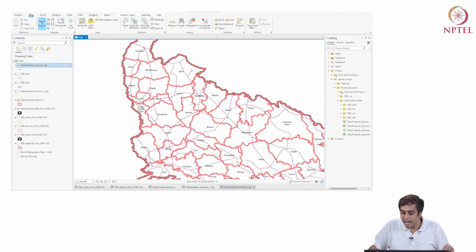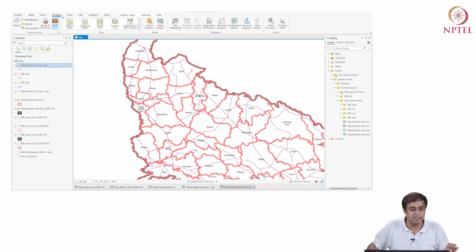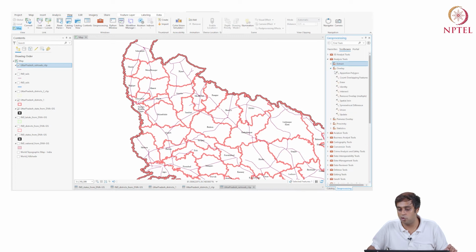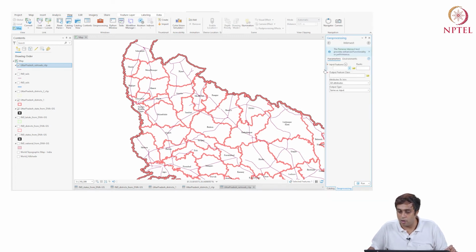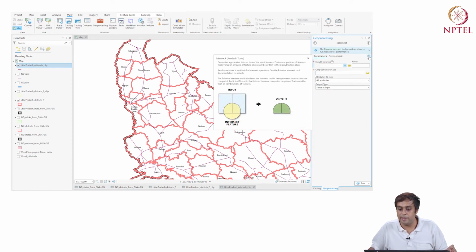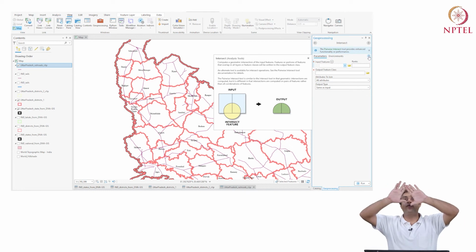Okay. So for that, I will go back to my analysis, my view, my geoprocessing. Under analysis, I have this tool under overlay called intersect. Let's look at this tool. Now let's see what this tool does. Interestingly, this tool will basically intersect two files over one another.